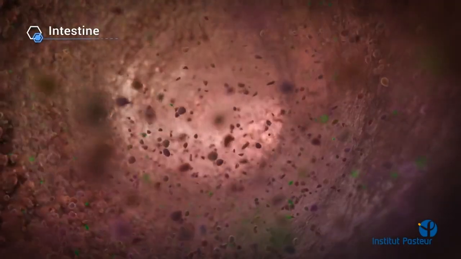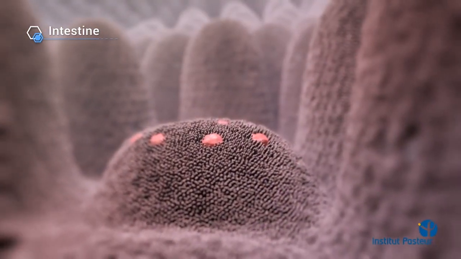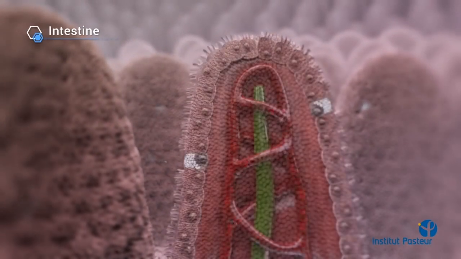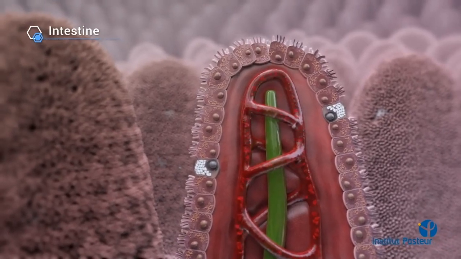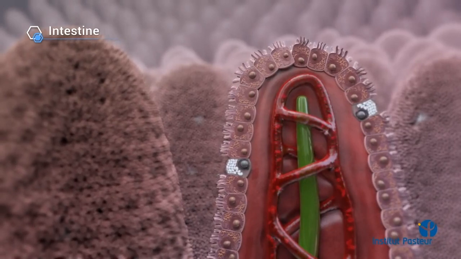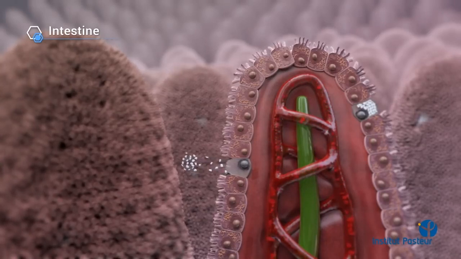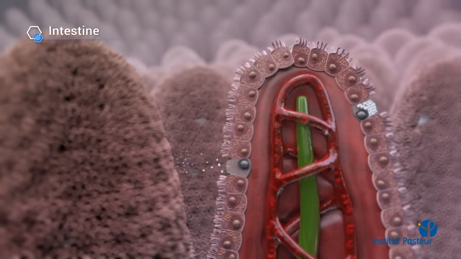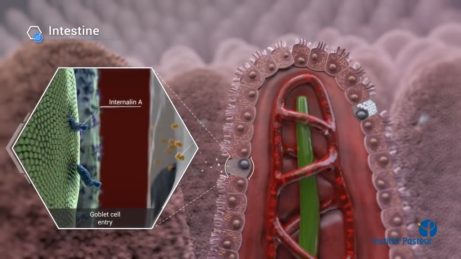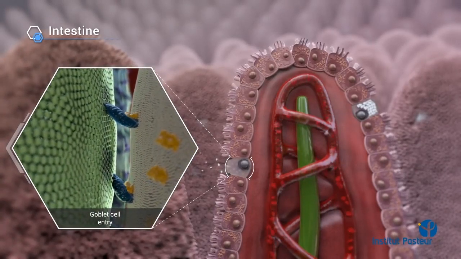Once in the intestine, the bacterium may invade different regions of the intestinal epithelium, such as the Peyer's patches, or preferentially, the intestinal villi. Listeria targets either the tip of the villi, where apoptotic cells are extruded, or, more commonly, lateral goblet cells, cells specialized in mucus secretion. Crossing of the intestinal barrier starts by the interaction of the bacterial protein internalin with E-cadherin, a human-specific receptor accessible in the lateral region of these cells.